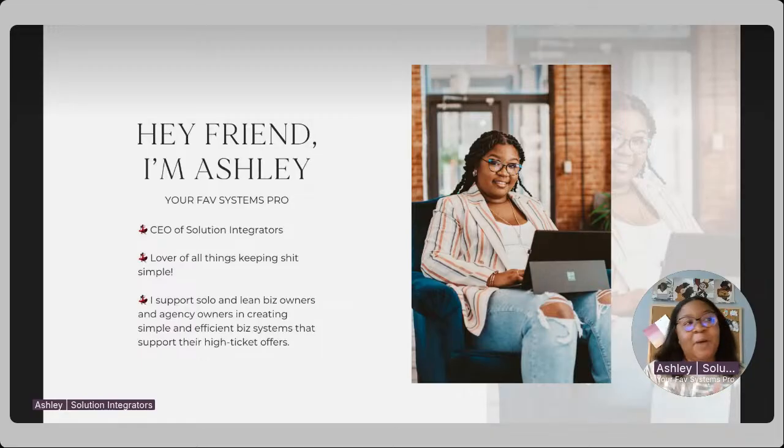Okay. So I help support lean, solo business owners, agency owners, you name it, in really creating systems that support them, support the way that they want to run their business and the way that they want to grow their businesses. Right. So with my support ticket tool, I'm going to show you really kind of the first entry point